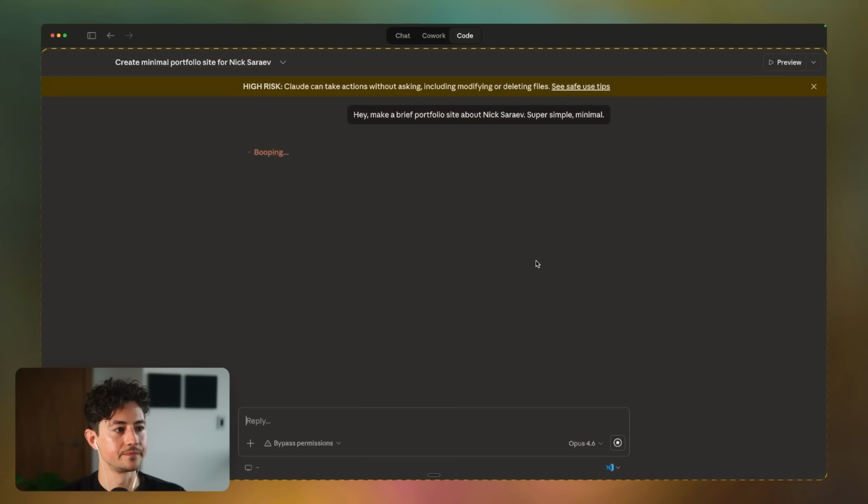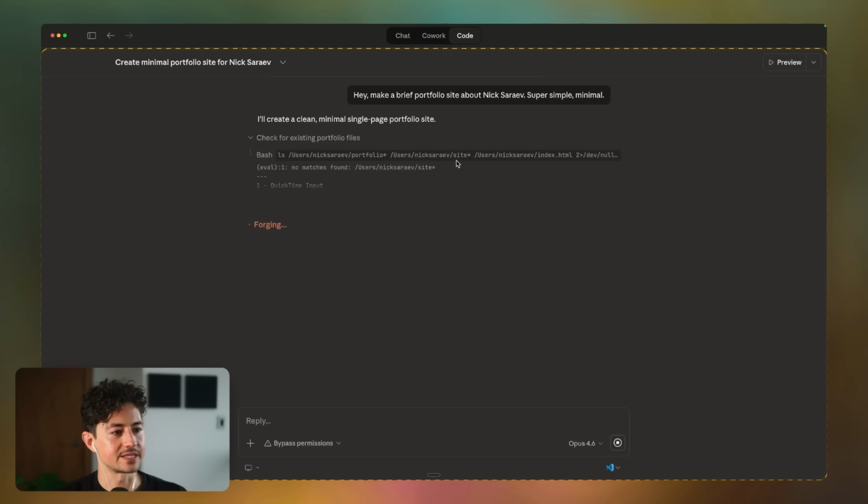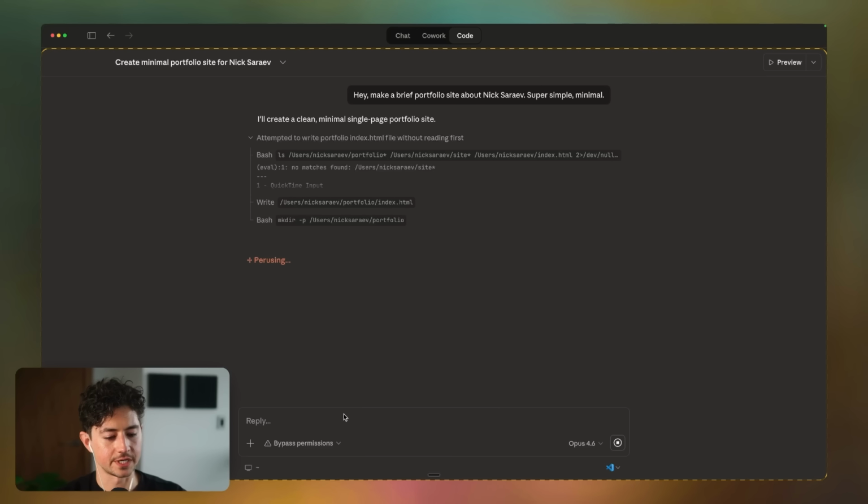Super simple and minimal. And so just like Codex designed it a moment ago with its various UX features, we have the same thing here with Claude Code. It's going to ask to access some files in my folder. And in addition to having the message box, we also have this grayed out shining decal here, which is sort of its thinking, as well as its tool calls. And what it's going to do now is actually build me a brief little site. And then just like I did before, I'll just say, open it. That's going to queue it, and now I can have a conversation with Claude.